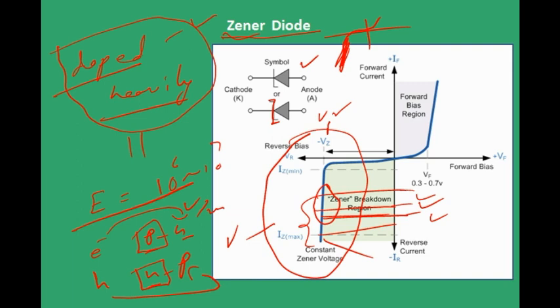And when the Zener diode is operating in this region at Zener voltage, the electric field, as I said, is very high, and that is able to pull back all the electrons to N type and all the holes to P type, and hence because of that there is very large current. That is, it allows large current also. This emission of electrons from the host atoms due to high electric field is known as internal field emission or field ionization, you can say.